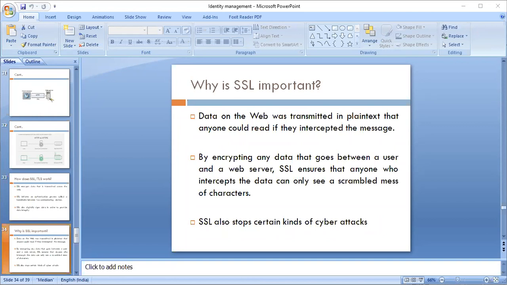So it's more like a tamper-proof seal on a medicine container. If the seal is intact on your medicines, that means they are protected, they are exactly what is required. This way SSL is also sealing your information, sealing the data, and it is not tampered with or altered by any means. So this is the reason why we need to have SSL, and why SSL is so important.